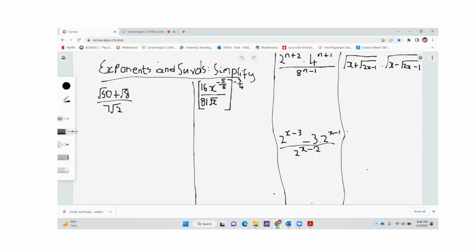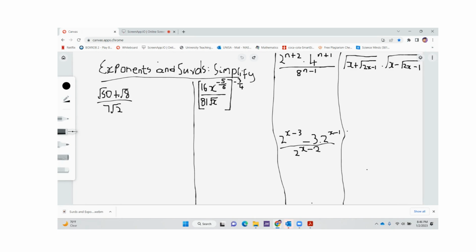Okay, now for simplification, we are going to simplify this one. That is a surd plus a surd, not multiplication. If it was a multiplication, we were just going to say 50 multiplied by 8. So that is a law of surds. But because it's not a multiplication, we're not able to do that. So just like in exponents, if these things are separated by a plus or minus, then we're going to look